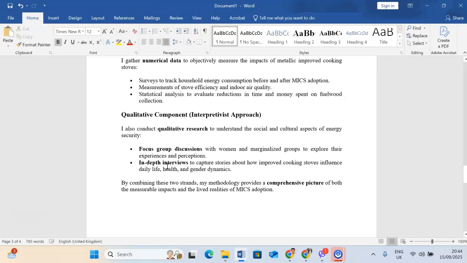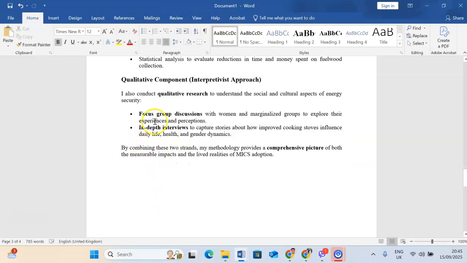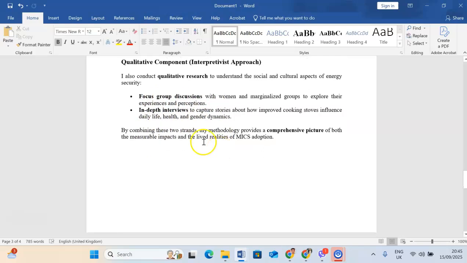How the adoption of metallic improved cooking stoves is helping them to save time, and how those saved times are utilized in other areas for their economic activities or the improvement of their livelihoods. All of those may include tools like focus group discussions, in-depth interviews, observation, and